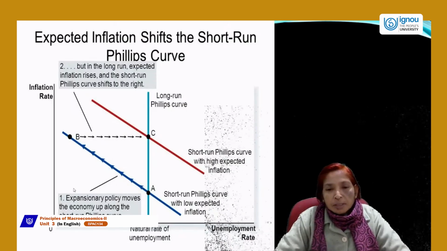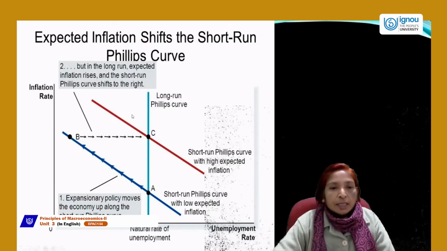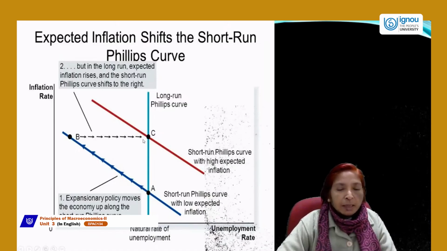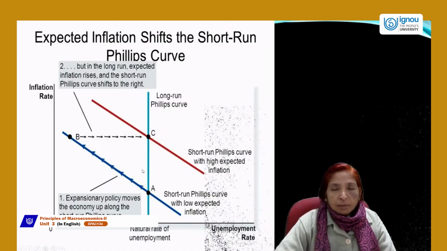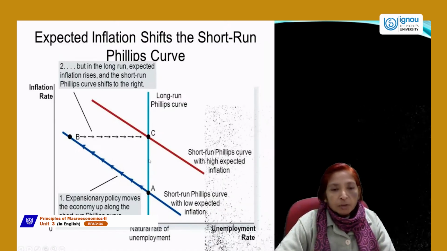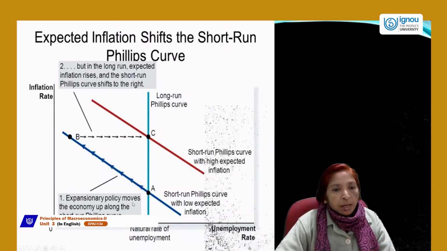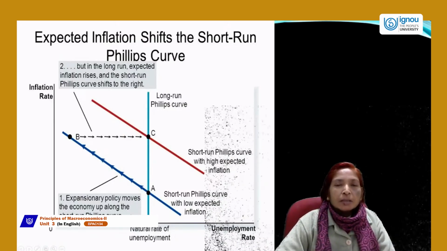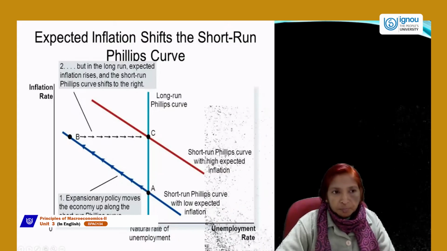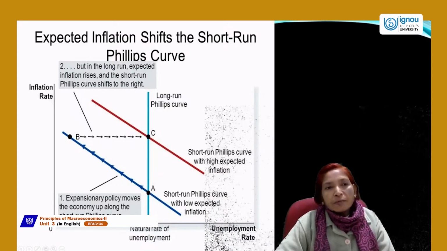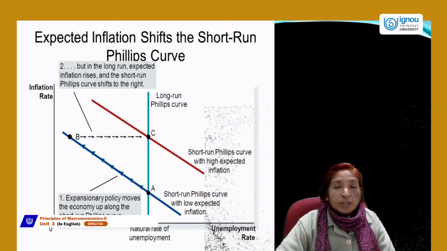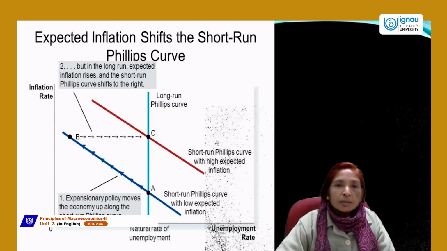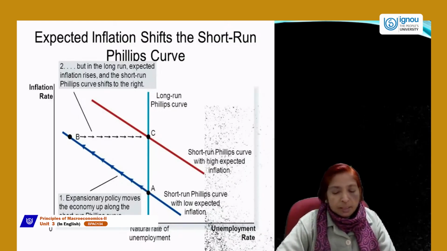So short-run Phillips curve, this red line is showing that high expected inflation rate we are expecting. That's why this equilibrium point shifts from A to C. And here, expansionary policy moves the economy up along the short run Phillips curve. This is expected inflation, which may shift the short run Phillips curve, either to the right-hand side or left-hand side. Now, next is